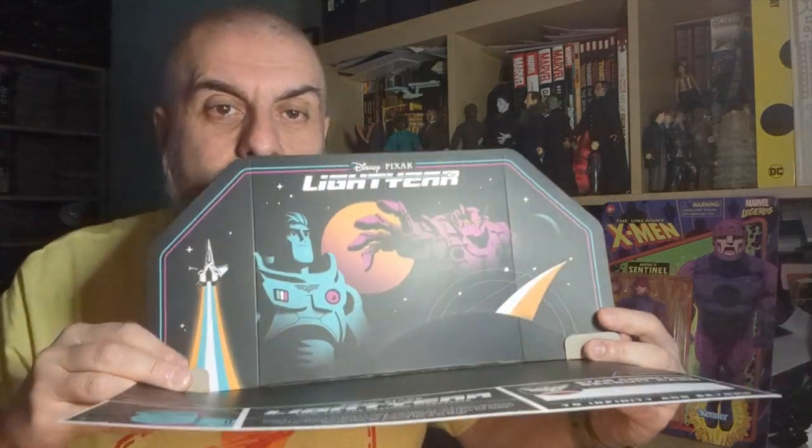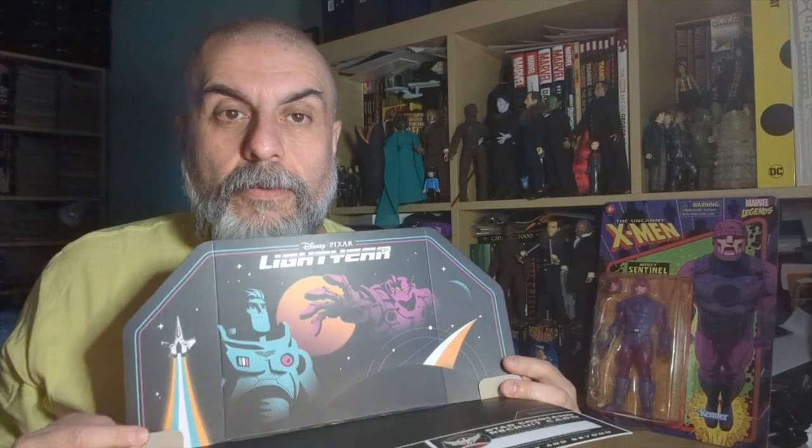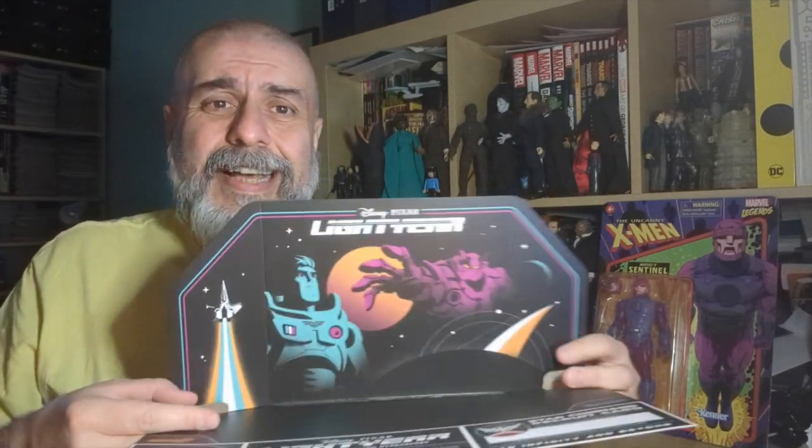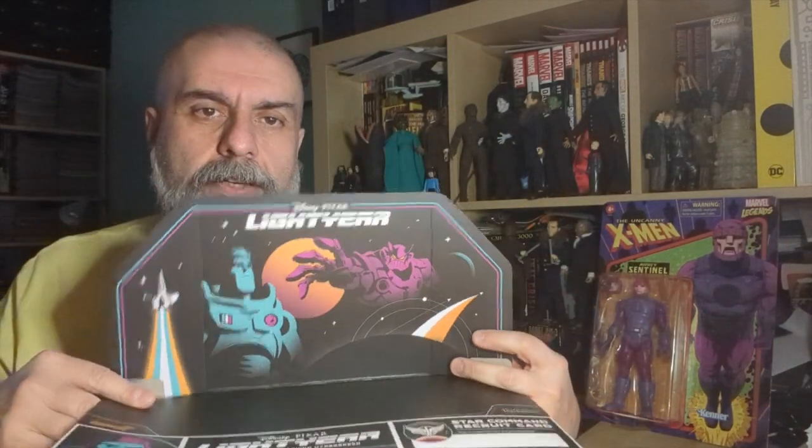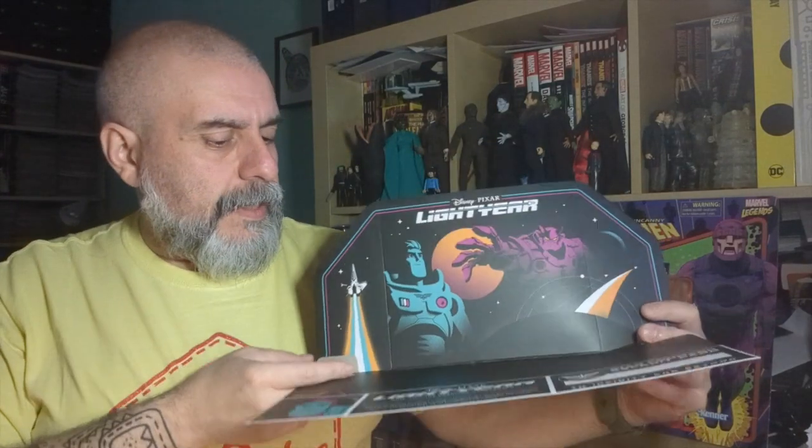And last but not least, we do have the Star Command recruit card, which also doubles as a little diorama. If you know about the Star Wars Early Bird, it is exactly the same thing. If you fold all this, you can use the certificate as a stand for a diorama for your figures, and of course you do have the certificate right here. So that's basically the content of the Early Bird set, which I'm going to put back in the envelope